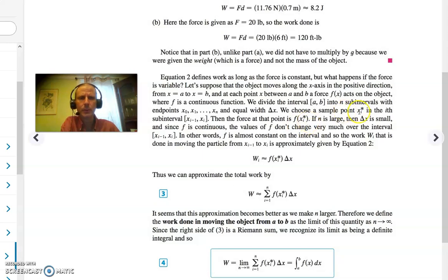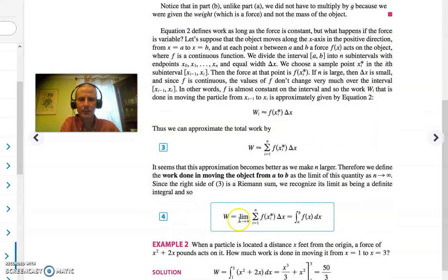So we take a sample point xi star in the ith subinterval, and then we can assume that the force at that point is f of xi star. And that means that the work to move the object across just that subinterval will be about f of xi star times delta x. If we add up the work required to move the object across each subinterval, we'll get that the work is approximately the sum from i equals 1 to n of f of xi star times delta x. And if we take the limit as n goes to infinity, we will get that the work is exactly